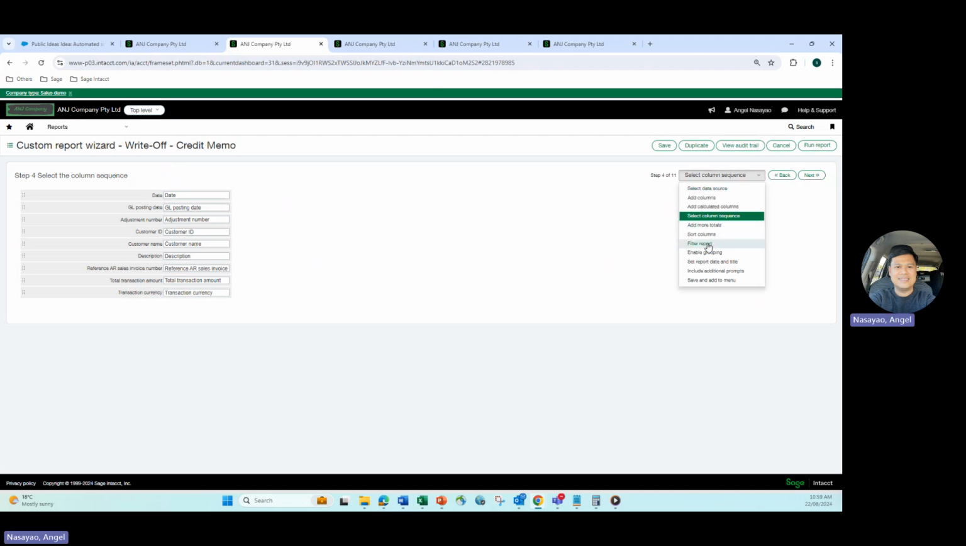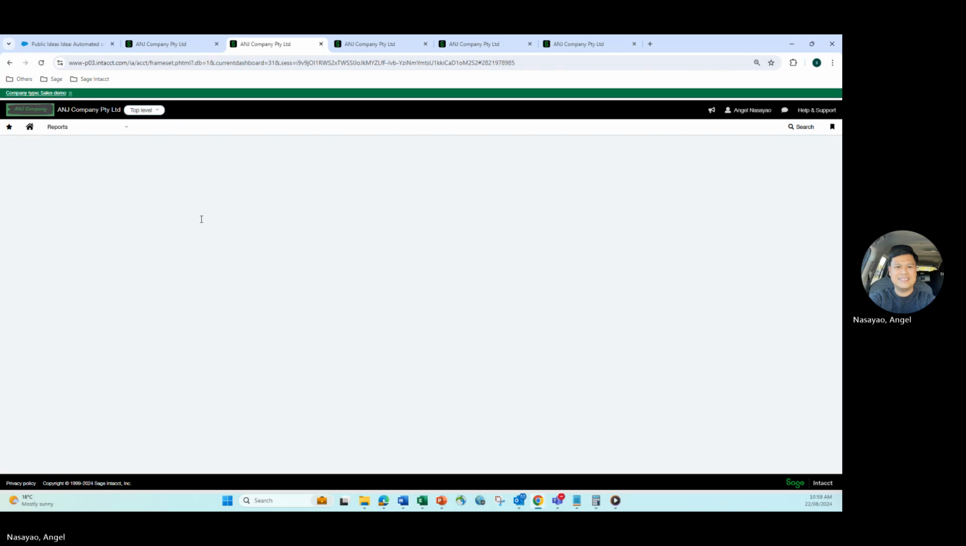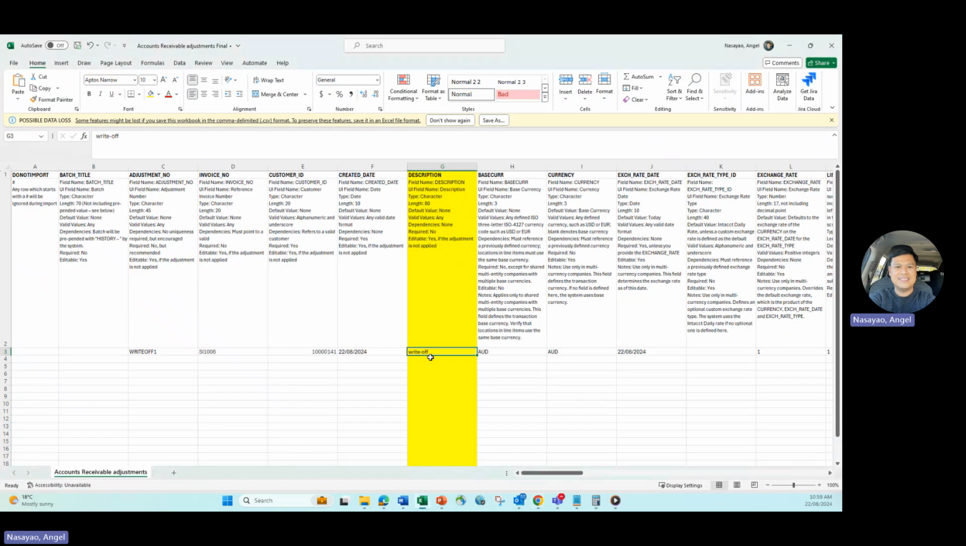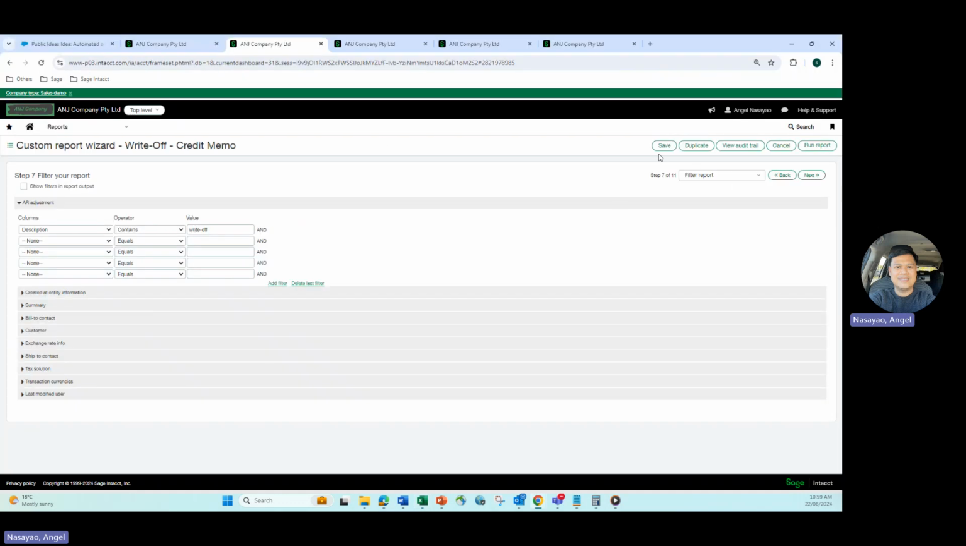If you look at the filter here, if you will be using, let's say, a description with write-off, then we only want to get those credit memos that we would like to use in writing off AR invoices. So the description contains write-off there, again just based on the import file that we'll be using with write-off as a description. Okay, and if you run that report,